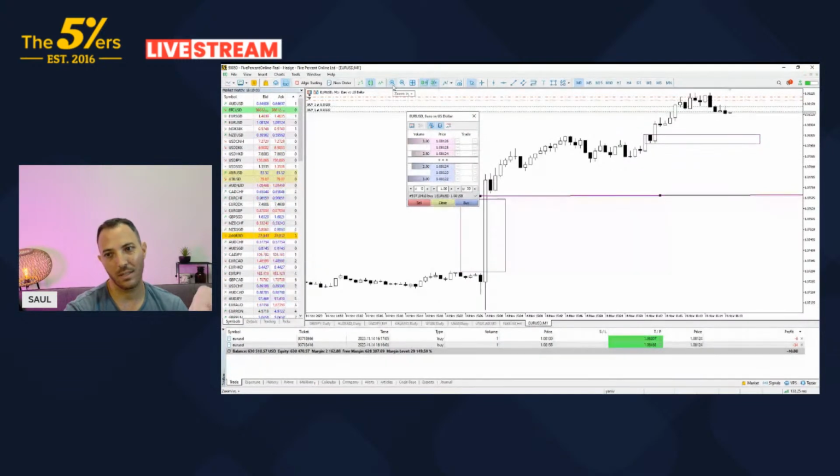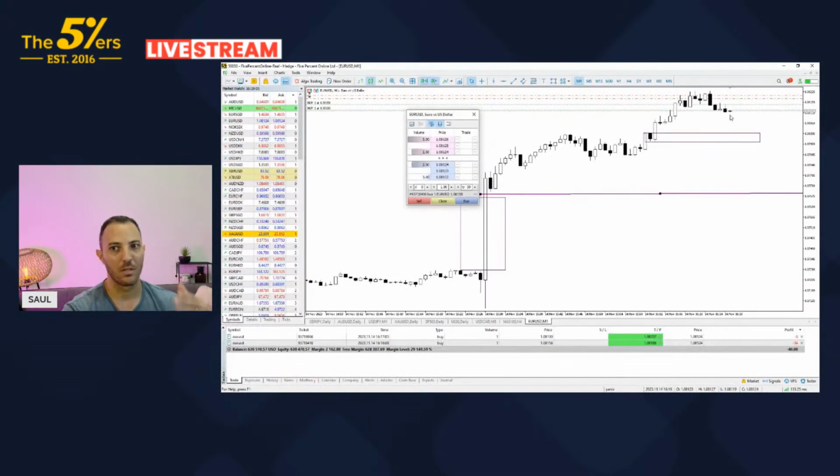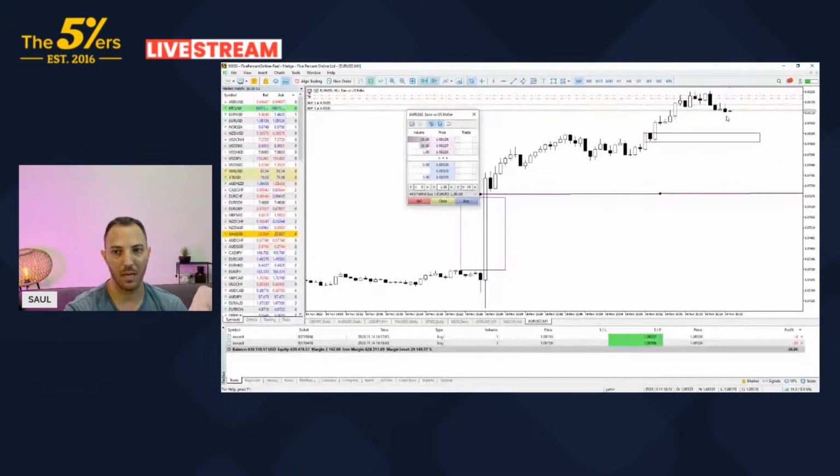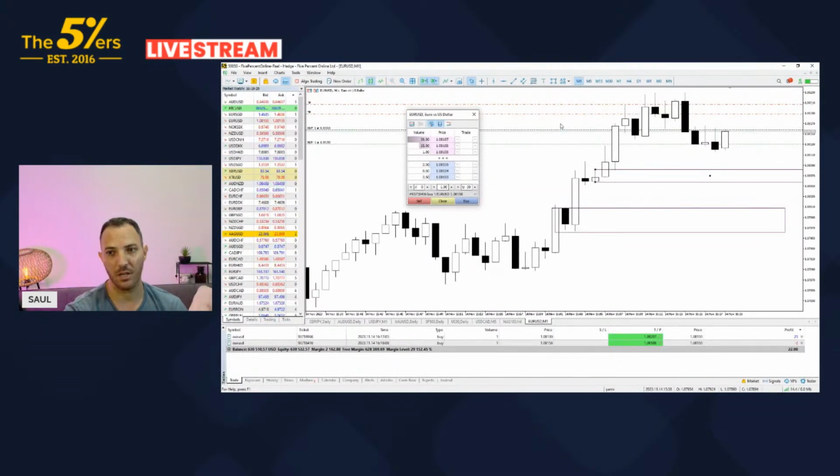Okay, one thing I don't want to see now is the market just suddenly picking up momentum against me. I have no problem with the market pulling back. I just want to make sure it doesn't change from a pullback and then a continuation into a reversal. So that's what I'm reading in price action and how it behaves.